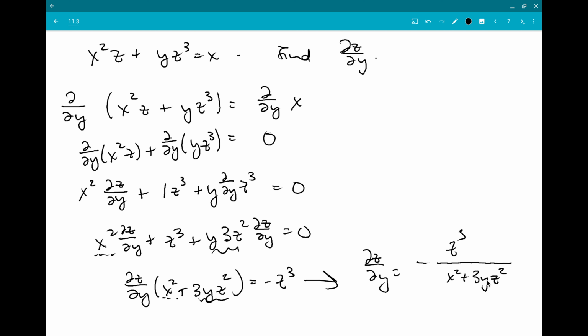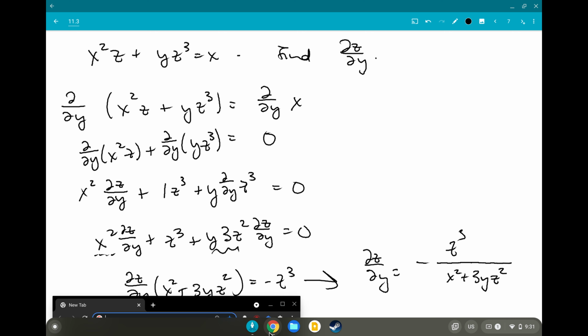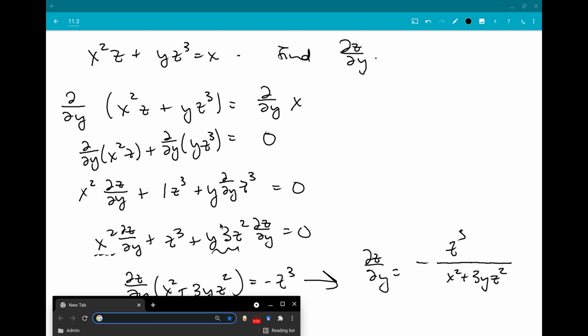And that's just going to be how you take derivatives of implicitly defined functions. Should be really similar to stuff that you knew how to do in another class, but it may be kind of